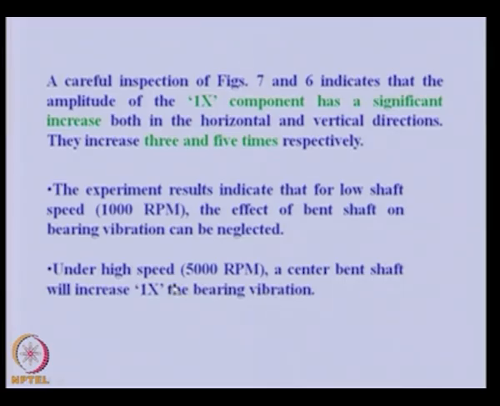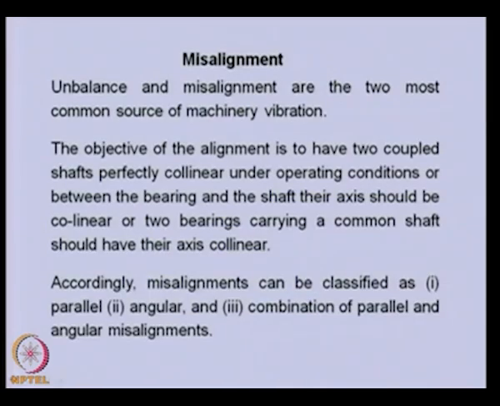So, it has been observed in the previous figures that for high speed the bent shaft is having significant effect onto the 1x component of the vibration. Next fault is the misalignment. Unbalance and misalignment are the two most common sources of